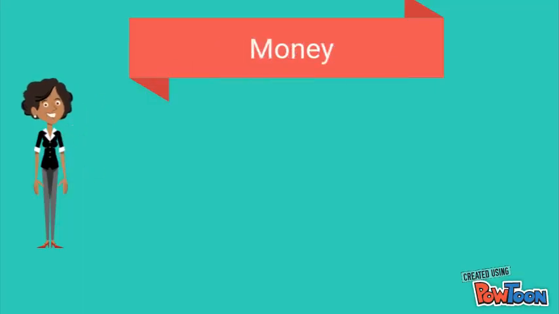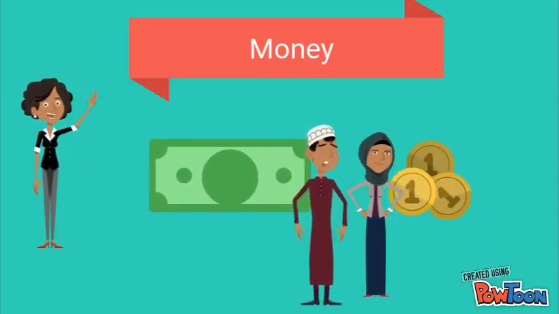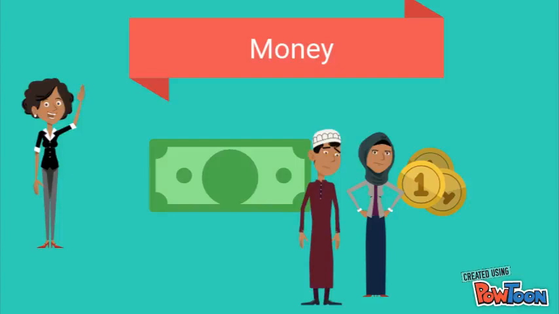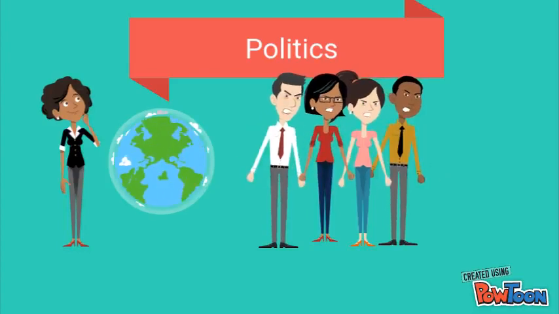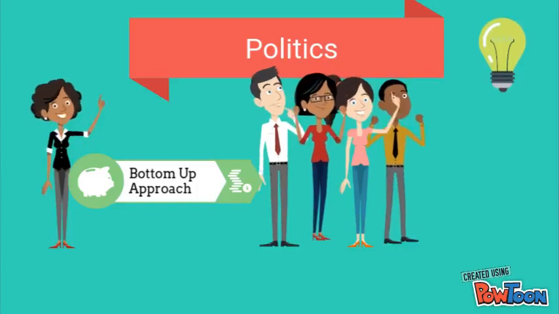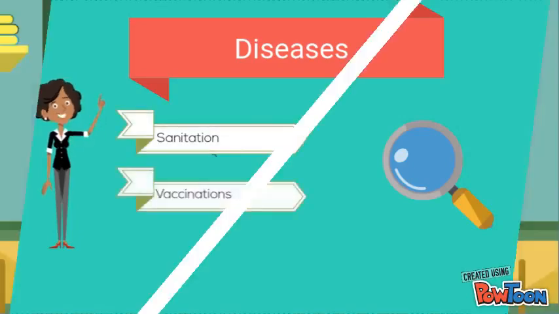Providing the proper health care to Syrian refugees is costly when considering the plethora of physical and mental health problems refugees face. It's very important to come up with an economical plan and utilize all the funds received from donations from organizations such as Save the Children and Doctors Without Borders. We should also consider politics. Some European citizens may not like the idea of providing healthcare to Syrian refugees in their country. We must educate people about the bottom-up approach and remind them that this is a One Health issue. And of course, there's always a risk of contracting diseases or transmitting pathogens. This is why it's very important to implement good sanitation and vaccinations.